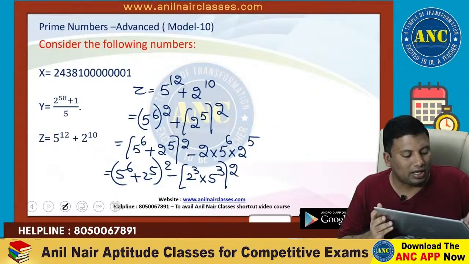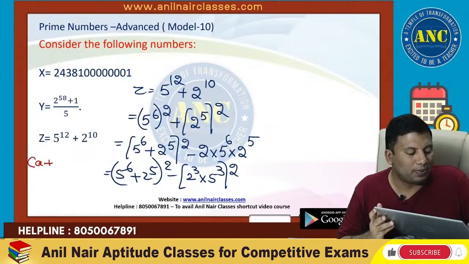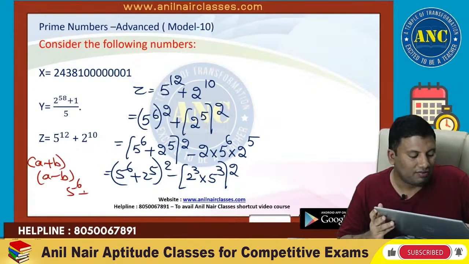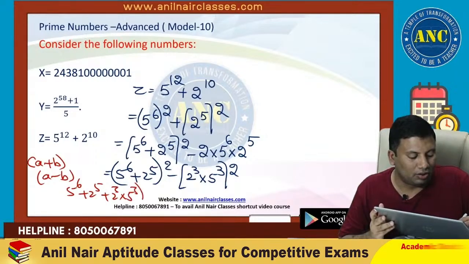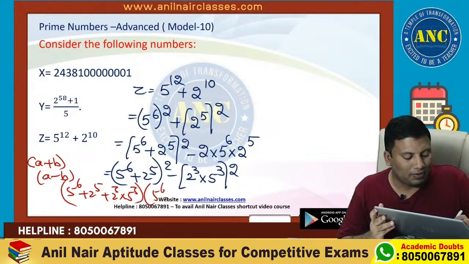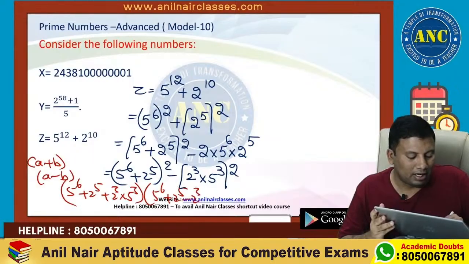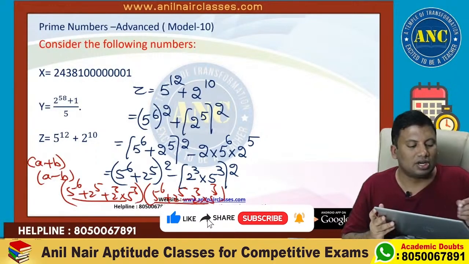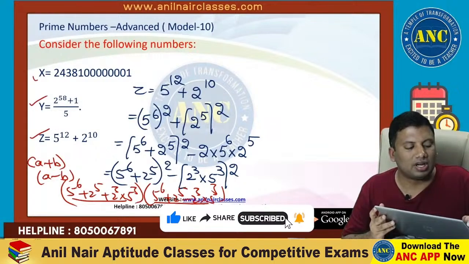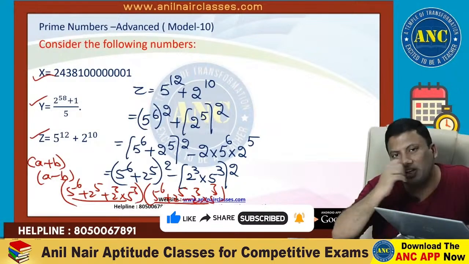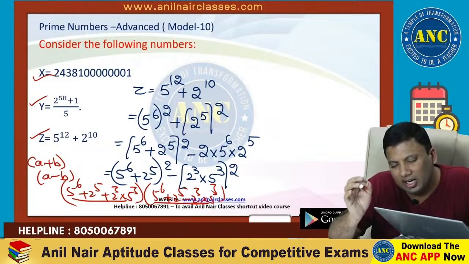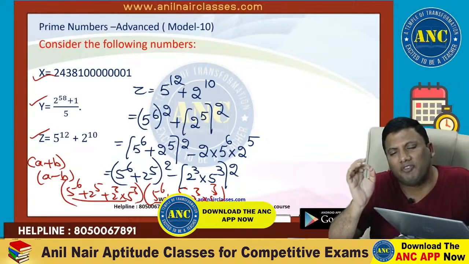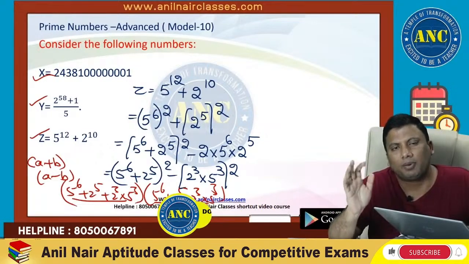A square minus b square is (a plus b) into (a minus b). None of them is giving you 1: neither 5 power 6 plus 2 power 5 plus 2 cube into 5 cube, nor 5 power 6 plus 2 power 5 minus 2 cube into 5 cube. Composite, composite, composite. Proving that a prime number is a prime number is a very complicated problem, because it has